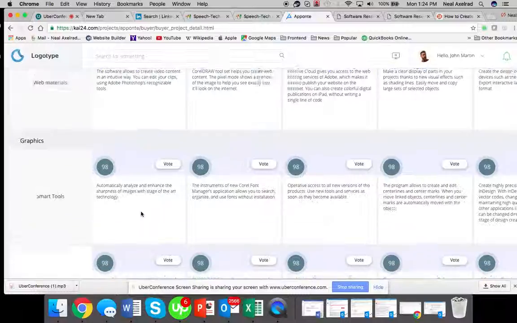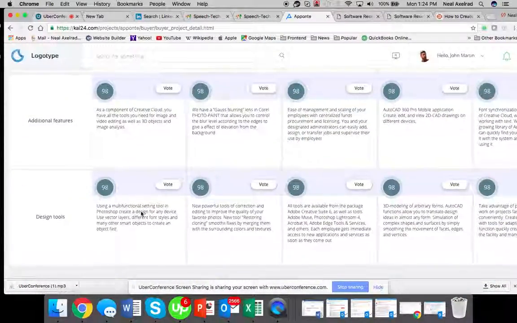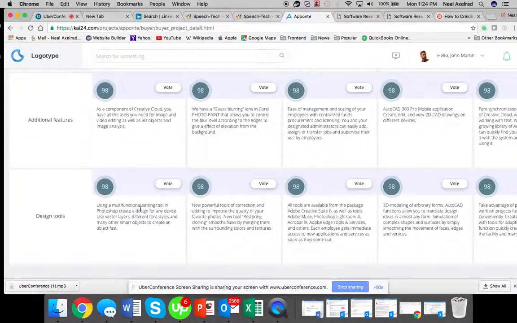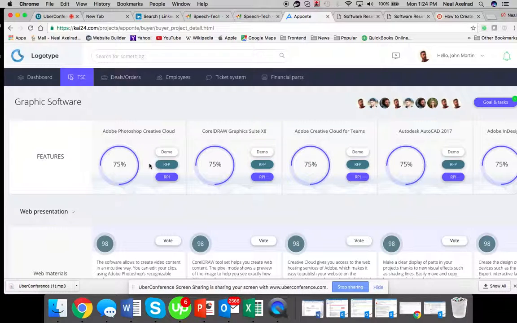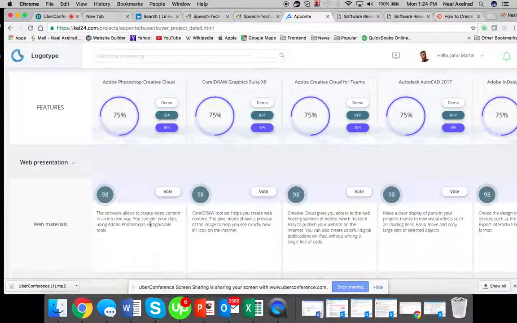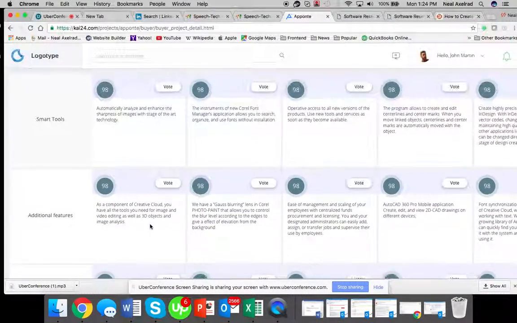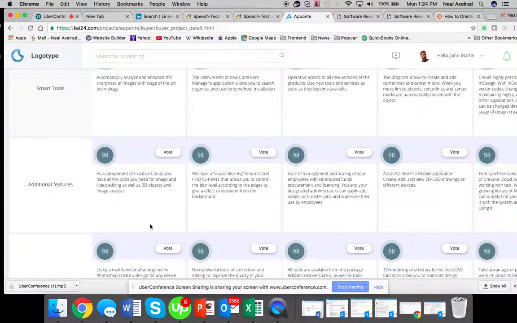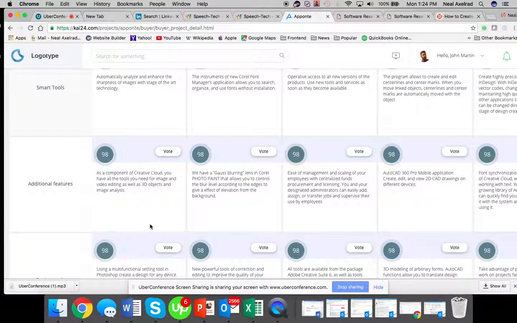So what'll happen here is not everybody will have all the features. In design tools, there might be 10 features. Now, this guy might only have 4 of them. This guy might have 10 of them, right? So it's important to know when you're doing a comparison which features they have or they don't have, and the admin will set up the weight of the features,